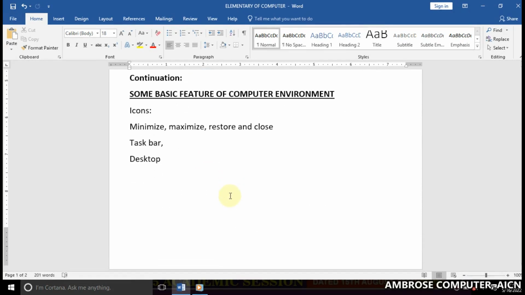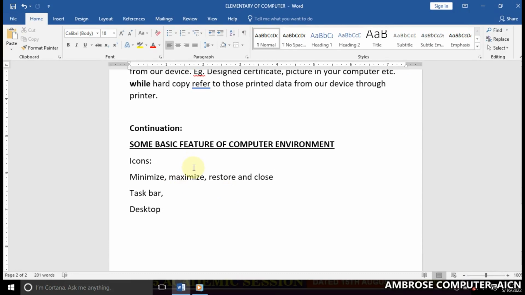So today we continue from where we stopped, and there are some basic tools we want to begin to lecture on, in order for you to have a full balance while you are accessing your computer. Some of the basic features of the computer environment we are going to talk about today are icons and